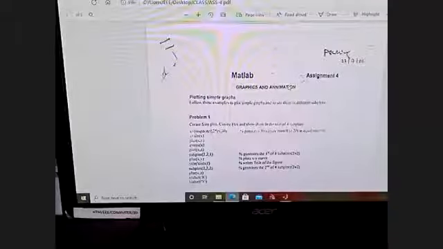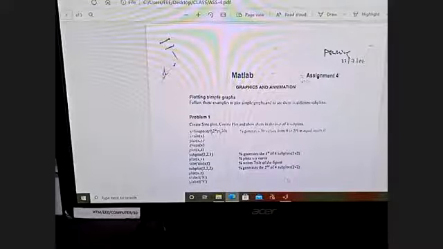And compared to C, the syntax in MATLAB is very simple. Syntax in MATLAB for the loops, the control loops, is very, very simple. If you read it, programming is the same. Only syntaxes will vary. Remember this point. Okay. After completion of this fourth assignment, in the next class we'll go for Simulink, that is the designing part.